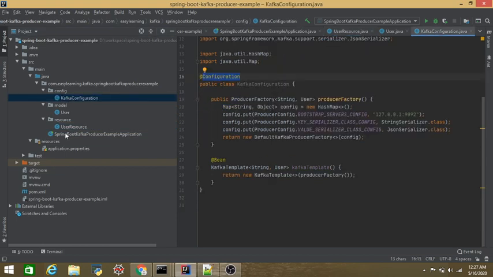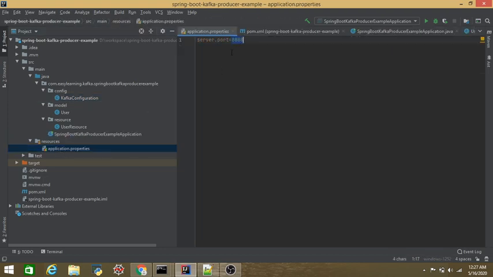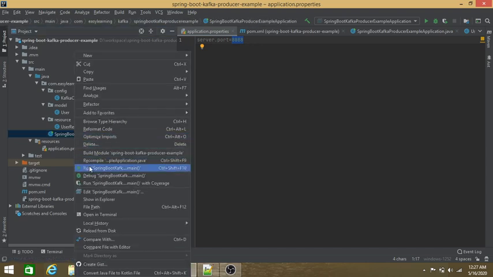So guys, we are ready to run the application. Let's see, we are running on 8088 port. Let's start the application.